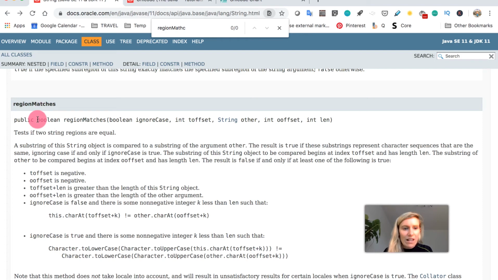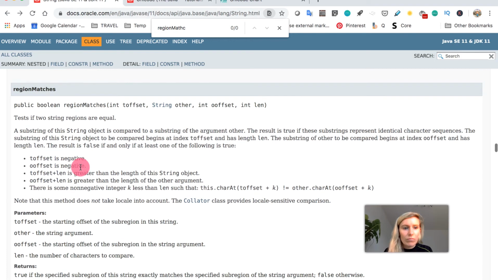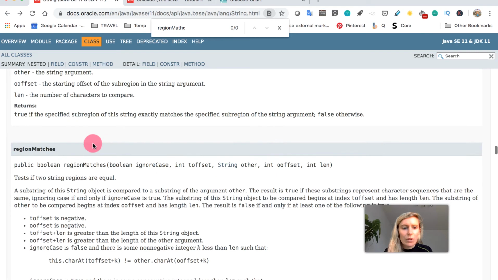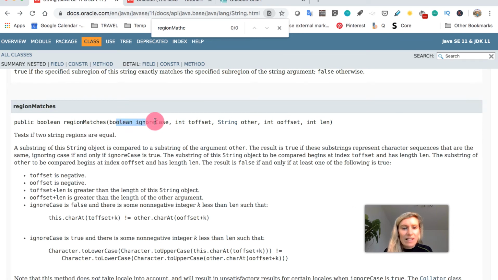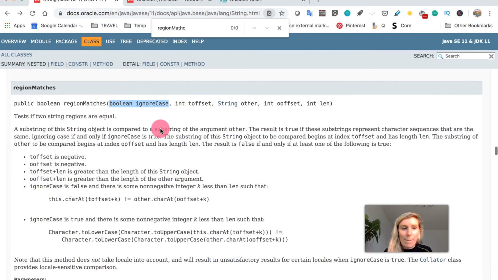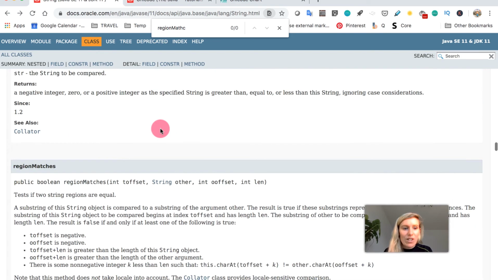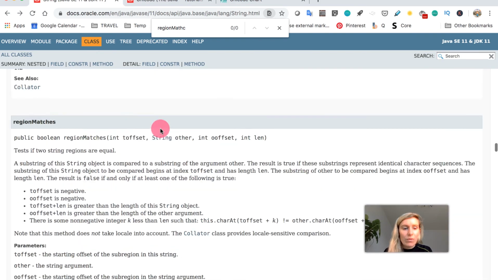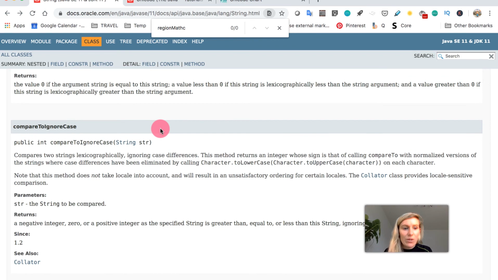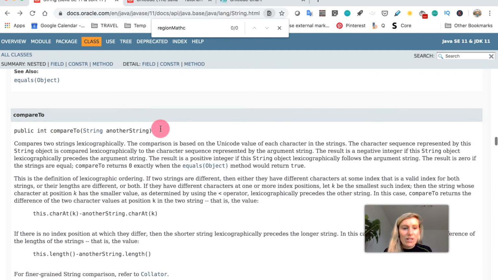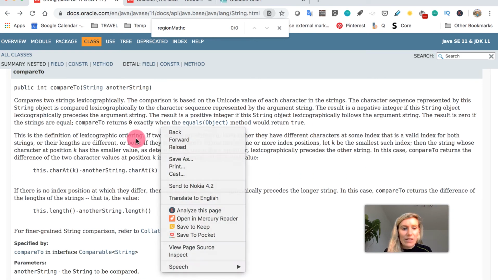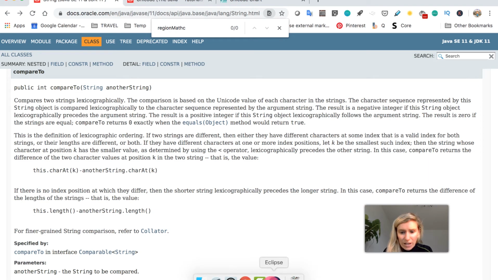RegionMatches returns a Boolean, so just a true or false. And there is a boolean to ignore case, and that's what we're doing when we ignore it. So it's just another option used within regionMatches. We also have the compareToIgnoreCase and compareTo that we just had a look at there as well. So let's go back to our program